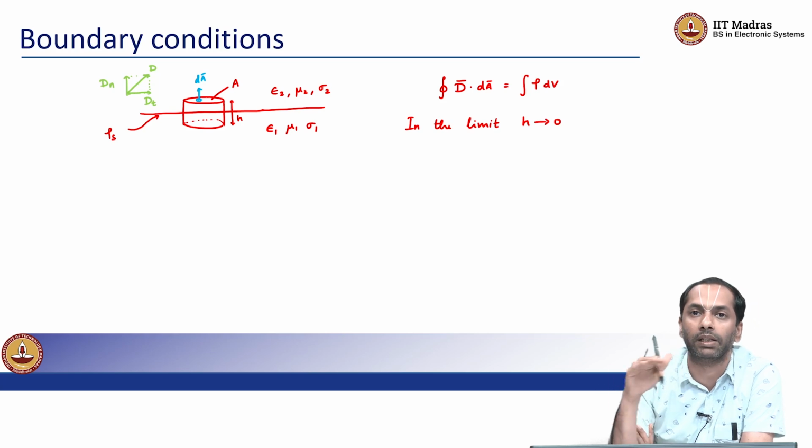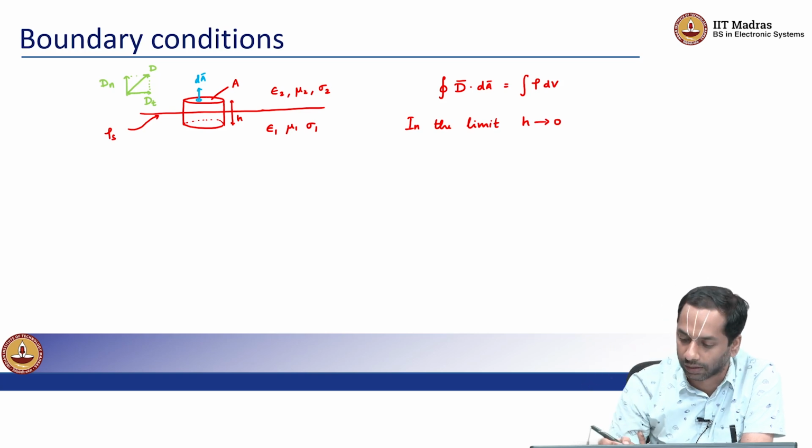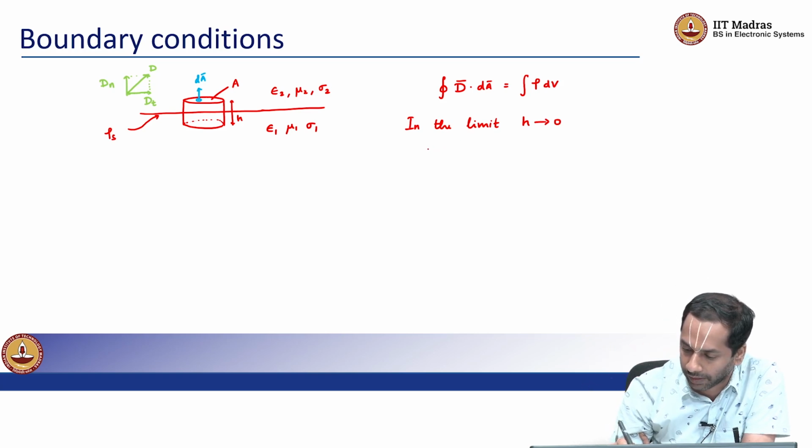So, we will only be interested in the surface integral contribution that comes from the top and the bottom flat circular surfaces, right. So, we can write that as d n 2 times A minus d n 1 times A,